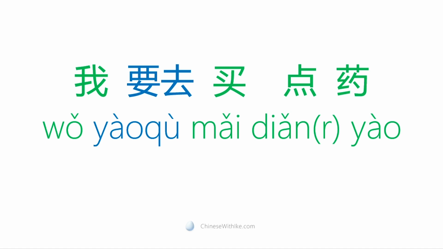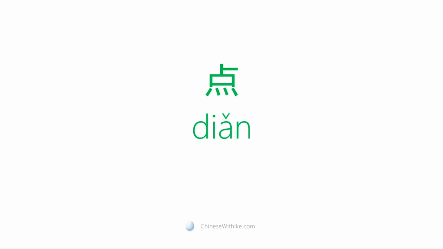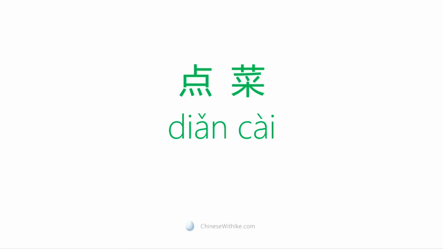我要去买点药。Or you can say 点儿。我要去买点药。The word to order in Chinese is also 点. But for this meaning, you can't say 点儿. 点儿 is only for the meaning a little. To order dishes in Chinese is 点菜。